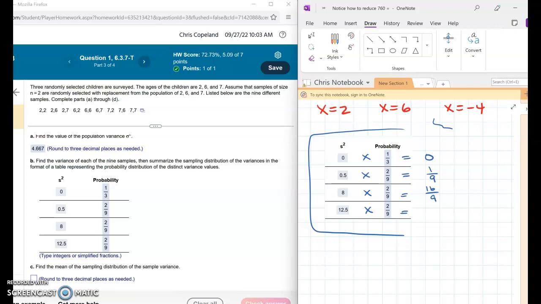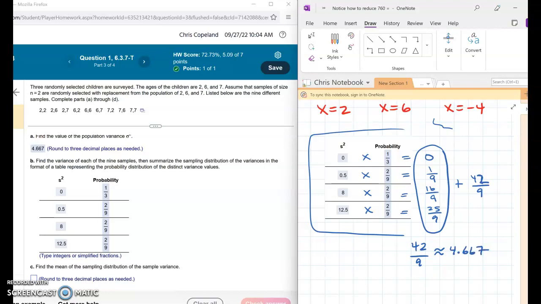And 12.5 times 2/9 is 25/9. Then I'm going to take the sum of all of these. If I add all these together, I'm going to get 42 over 9. 42 over 9 is roughly equal to